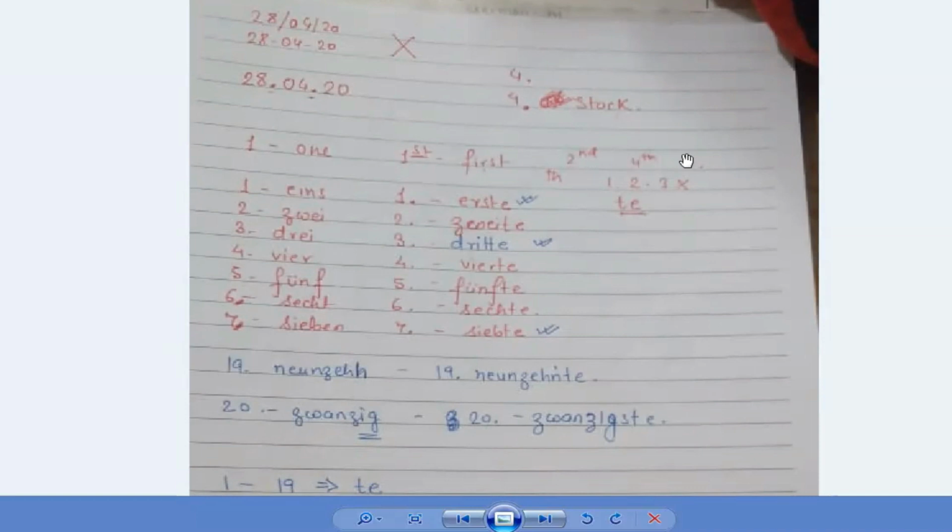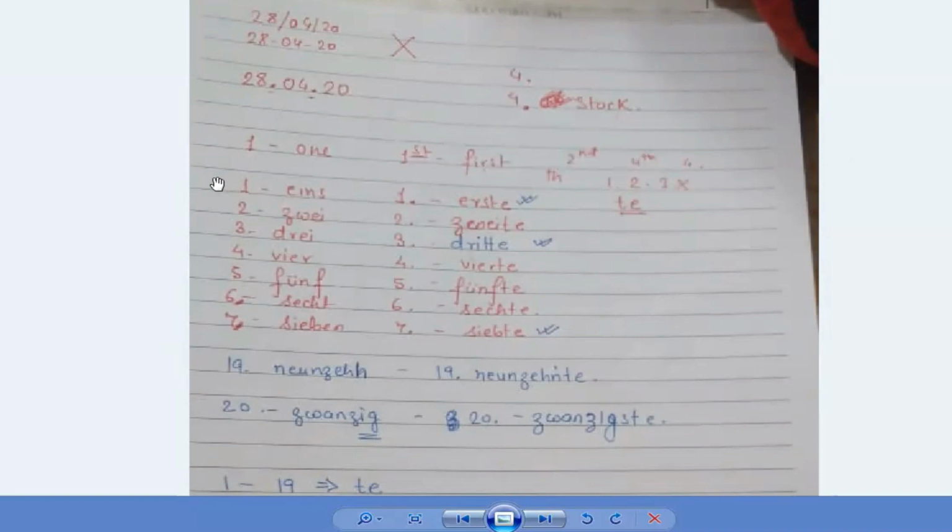Now in English we have st, then nd on two, then rd on three, and afterwards we have simple th for every number. That is how we get to know कि ordinal पढ़ना है या cardinal पढ़ना है.